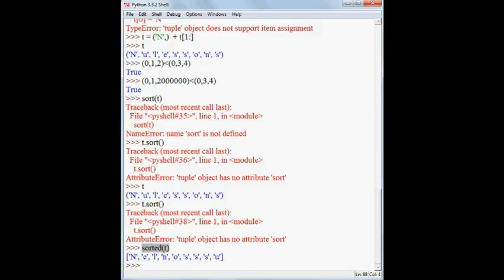Instead of using t dot sort, you need to use sorted with the tuple name in parentheses. You can see that it has first sorted the capital letters, and then the small letters in alphabetical order.